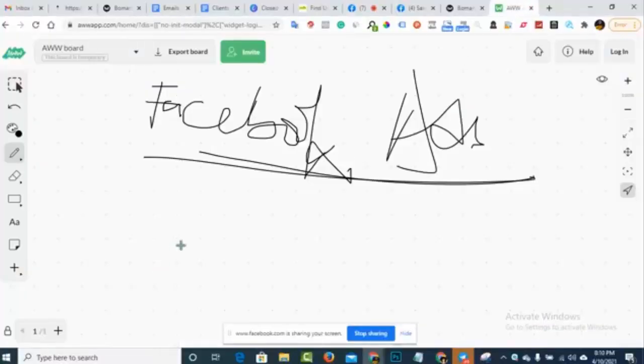So let's talk about Facebook ads. The first thing I want you guys to understand and know about Facebook ads is this. On Facebook, you are looking for customers, right? Customers are not coming to look for you.